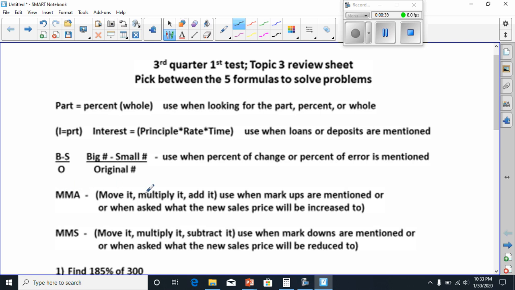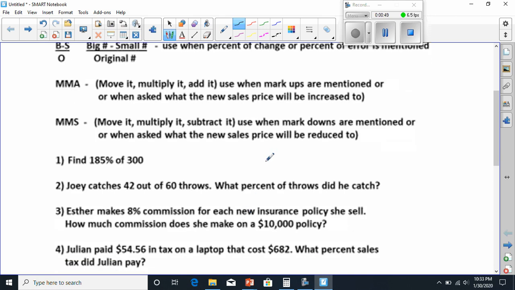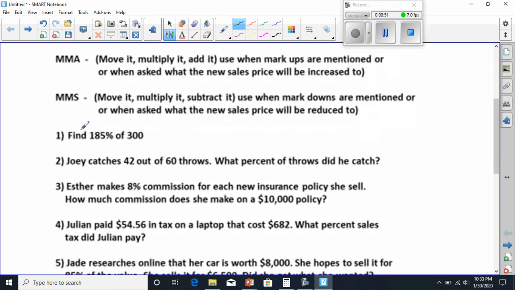We could be using MMA, which means move it, multiply it, or add it, or MMS, which is move it, multiply it, or subtract it. So let's move on to see how we're going to use these formulas here. Well, first one says find